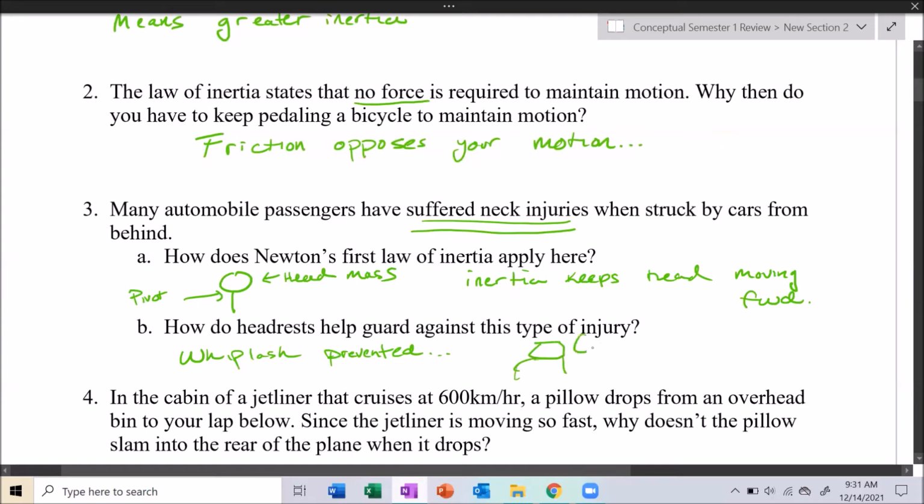When your head whips back and forth, I heard a song like that once. I whip my head back and forth. I whip my head back and forth. Anyway,